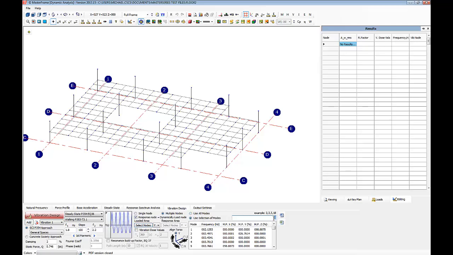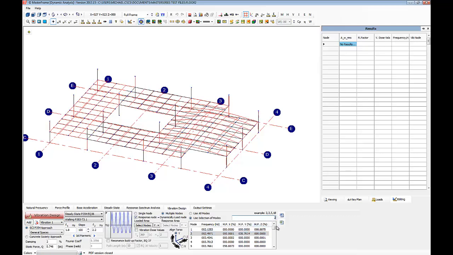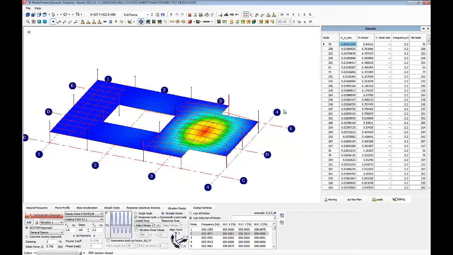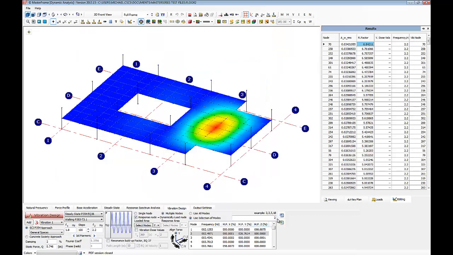And also one thing I want to show is how the response factor kind of changes, and it's interesting to see how it's affected by using different modes as well. So just have a look through here. Let's just calculate a response factor based on using the first vertical mode here and see what we get. So you just click vibration design, and you can see straight away the colored contour is going to highlight the key area, and as you'd expect, it's where the mode shape is biggest or most active, and we're only getting a response factor at that key area. We can click it over here and it'll highlight it on the model. So the worst response factor here is 6.8,